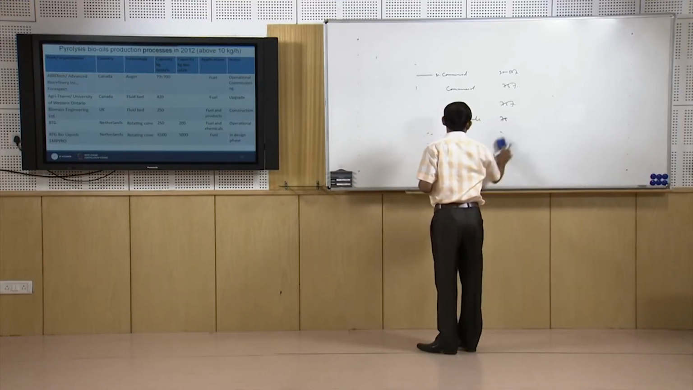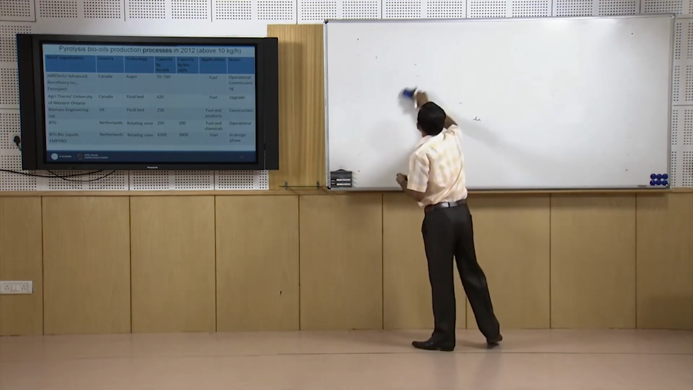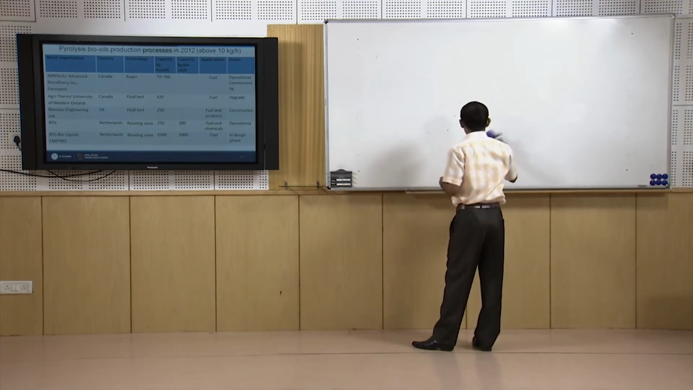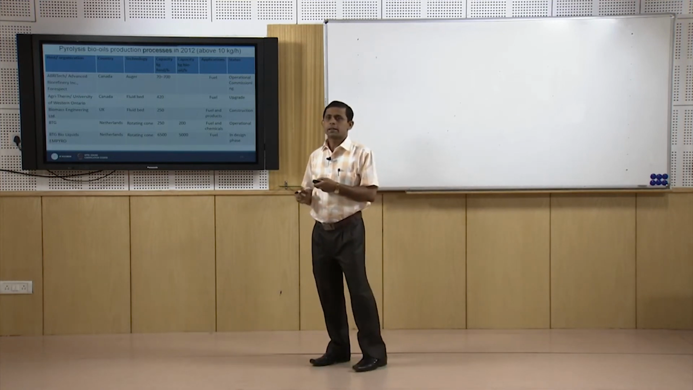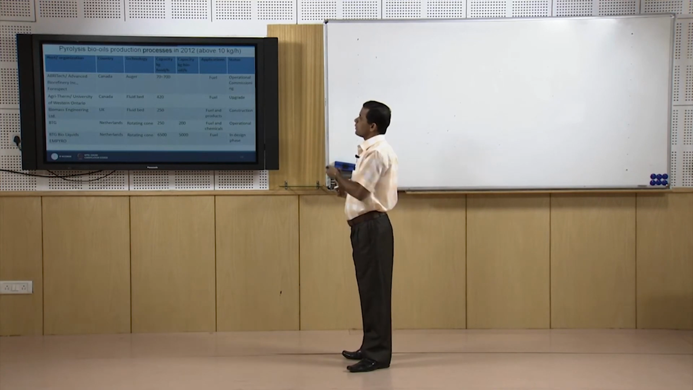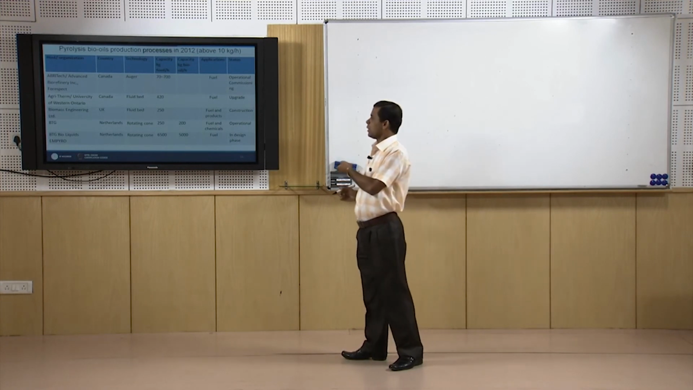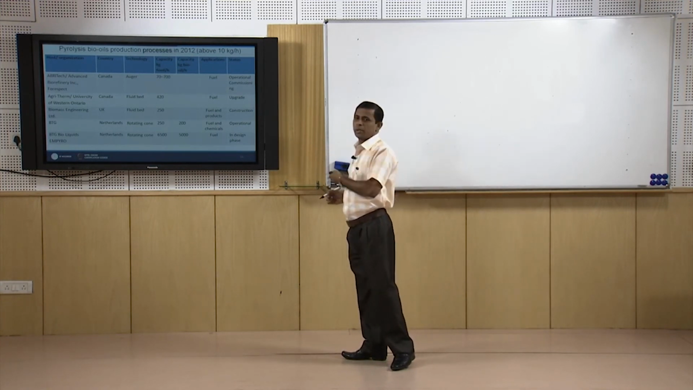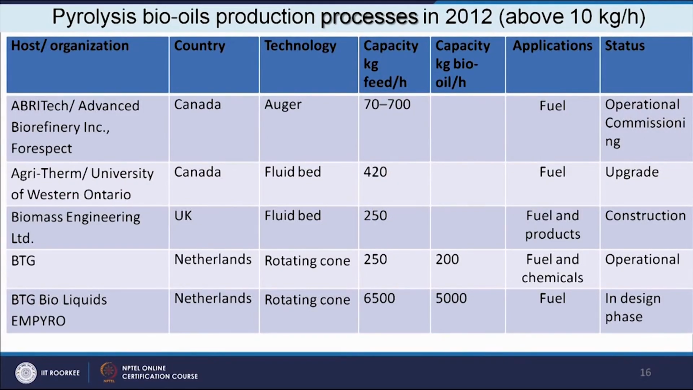pyrolysis processes. There is some report available from 2012. On the basis of this report, it seems that as of 2012, different types of pyrolysis reactors have been used in different countries, here Canada, UK, Netherlands, Germany, USA, China. All those reactors have a capacity of more than 10 kg per hour. So, here we see that these reactors are either in operational or commissioning stage, or upgradation, or in design stage